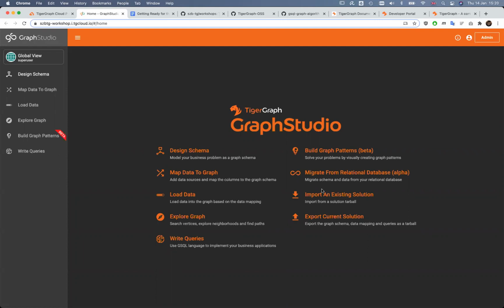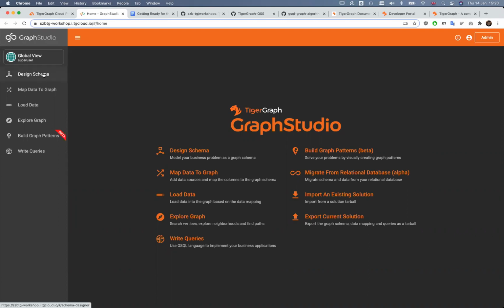And also, we are not going to cover importing and exporting the solution. This is effectively just exporting the metadata of the database, the description of vertices, edges, the graph itself, and so on. This is often used to migrate the schema design, the graph design from development to production, or to replicate or distribute graph design in other databases. So let's look at the actual functionality that we are going to look at today.